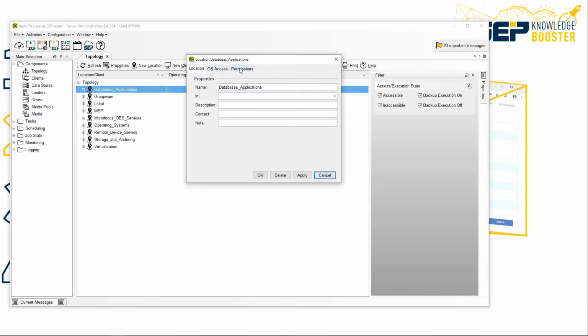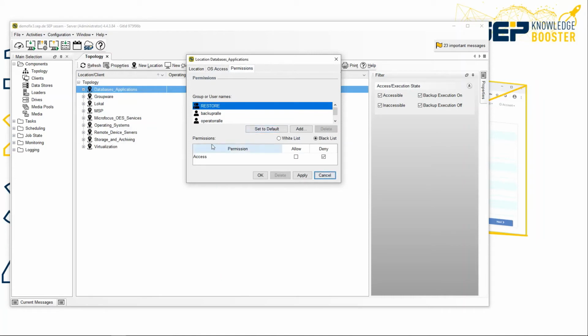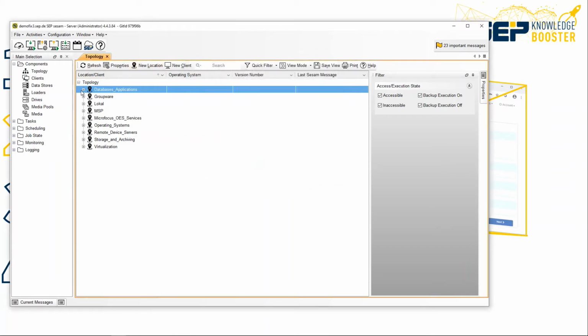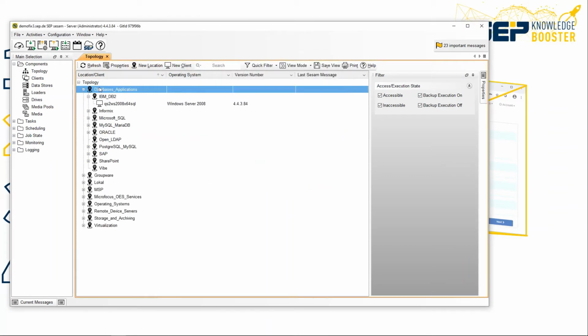And if we do a right click on the location properties, you can see we have the permission tab over here, and here you see these are the group names we have, the default group names, and the access is denied. There's a blacklist, there's a whitelist. So this is the default action and permission, and it will be inherited down to all the hosts underneath this location,